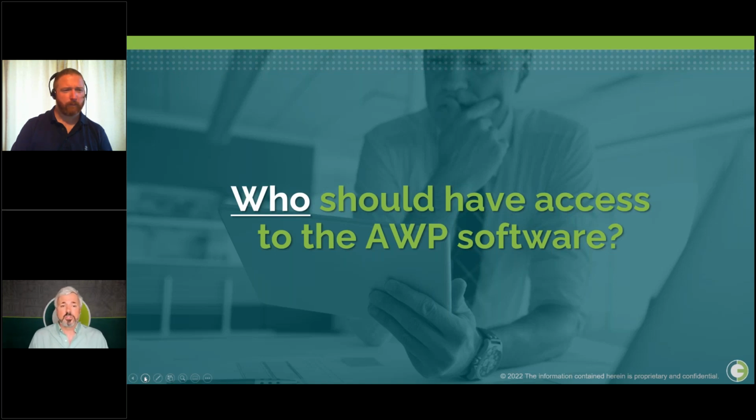Everyone should be involved. So you really shouldn't limit the access to your AWP software. It should be open. It should be collaborative. People should be working together. If you are looking at it from a perspective of, well, I don't know if I want to buy this license, benefit of that license for John, then you're already missing out, which is that AWP is about collaboration. It's about getting everyone in and working together. And that's one of the reasons why OP doesn't do a per seat licensing approach, because it's unlimited seats across all stakeholders, because it's supposed to be collaborative like AWP.